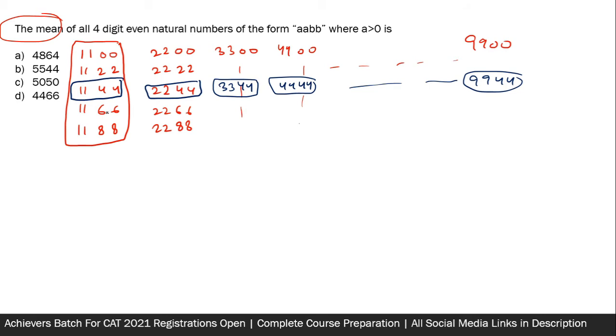So here you can see 9 numbers which are also in AP with a common difference of 1100. In the 9 numbers which are written in order, what would be the median? What would be the average? It would be the one with 55. So this way 5544 becomes the answer. I think this is the shortest solution that I can think of to crack the question.